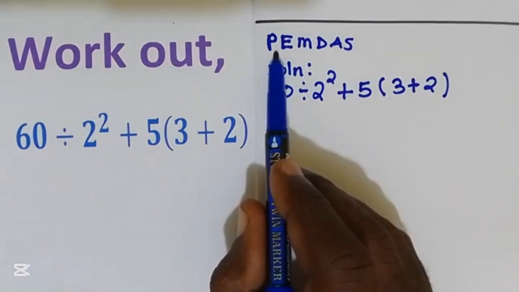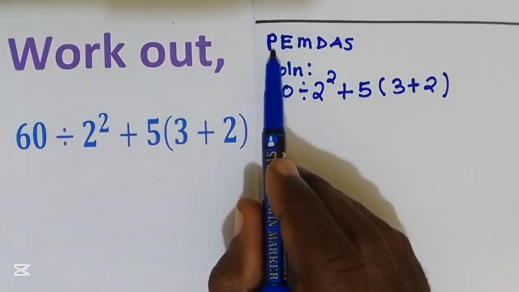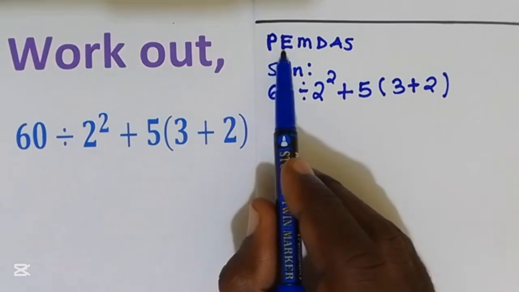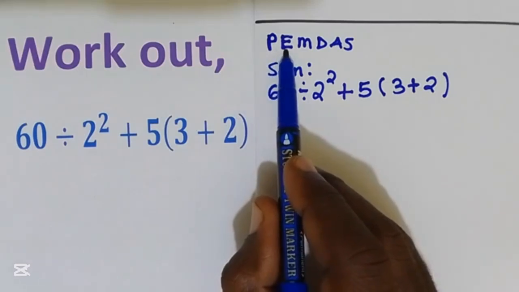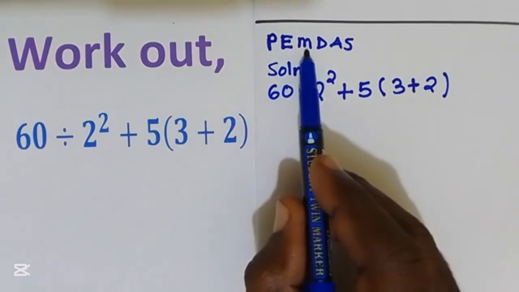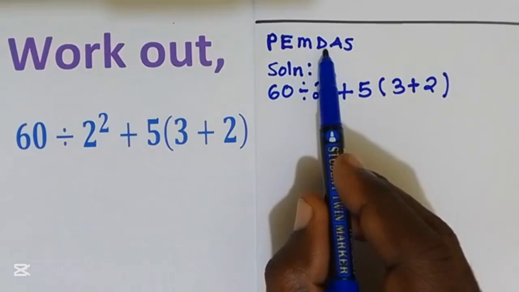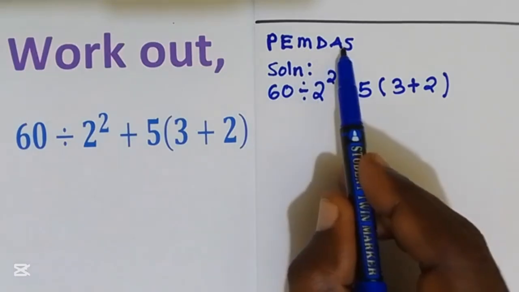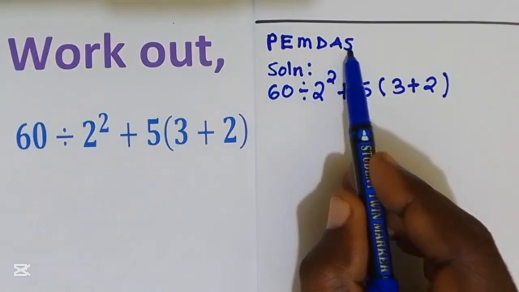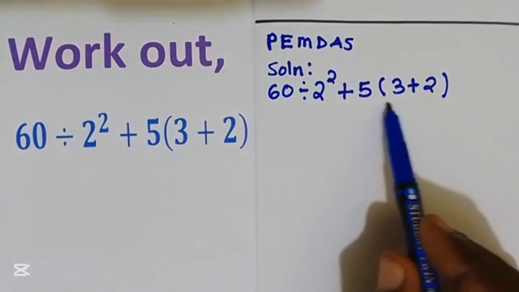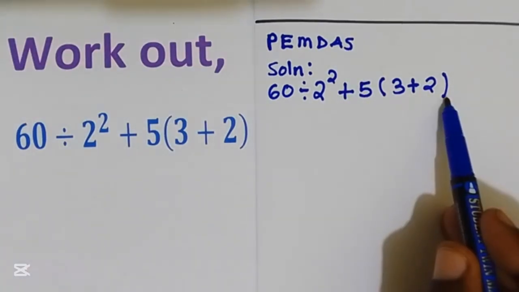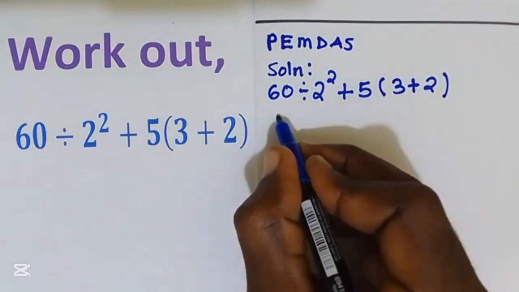According to PEMDAS, we start with parentheses, then we go to exponents, after that multiplication or division, and we finish with addition or subtraction. Our question has parentheses, so we are going to start with parentheses. That is, we have